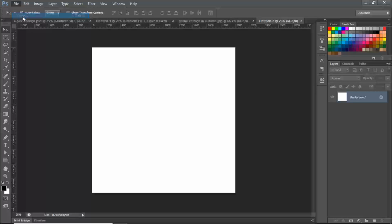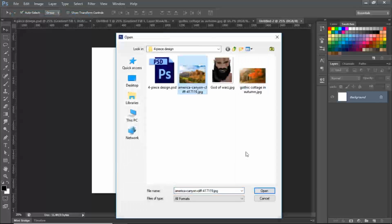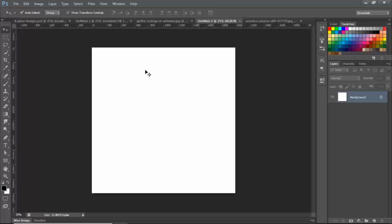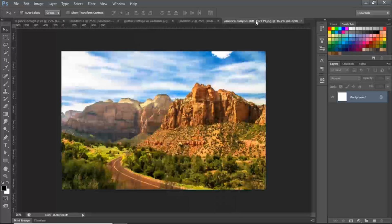I'm going to go here and I import an image. Now this is a very simple image. I got it off of Google. You can go to Pixels and you'll get that. So I'm going to be using a document of 2000 by 2000 pixels, and what I'm simply going to do now is, so when you have your document here, the first thing you're going to do, in most cases, you may want